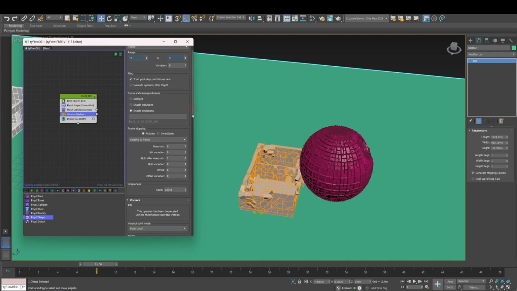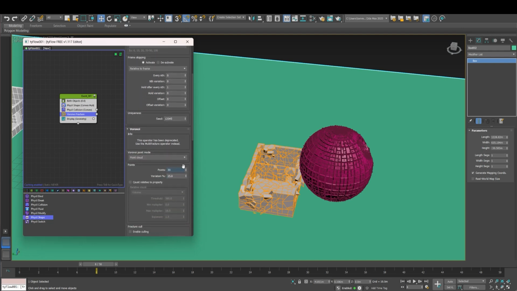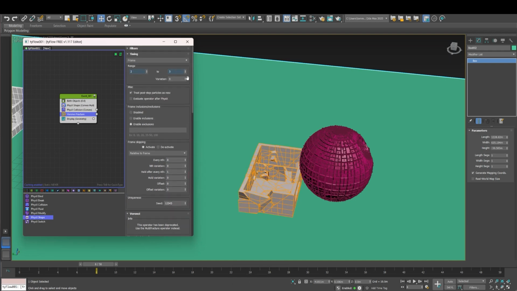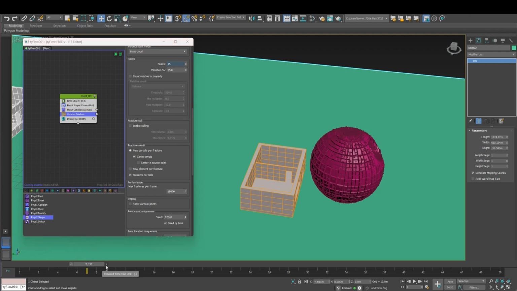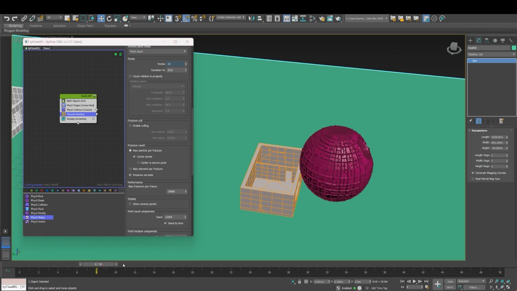Okay, that's too many, and that's going to crash my file. So I'll change this back to 15, and then change this 8 to 10. Let's give that a go. So from the 7th frame to the 8th,